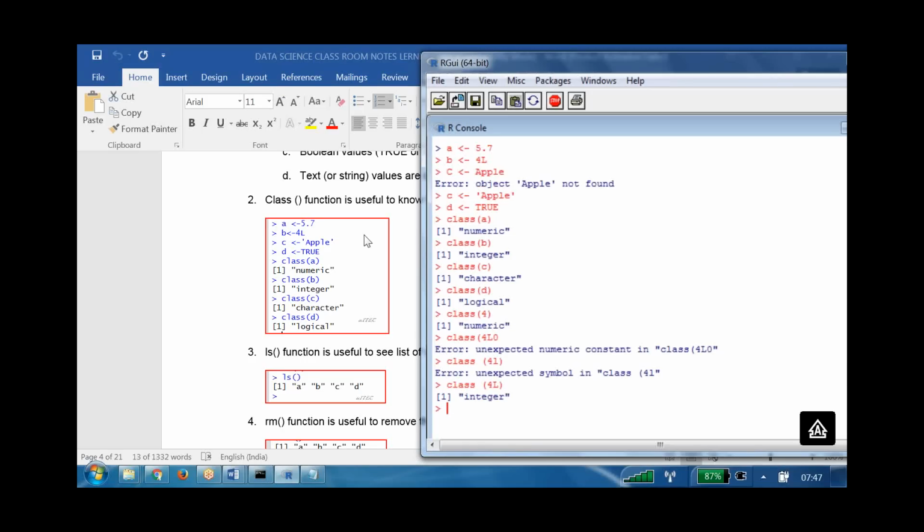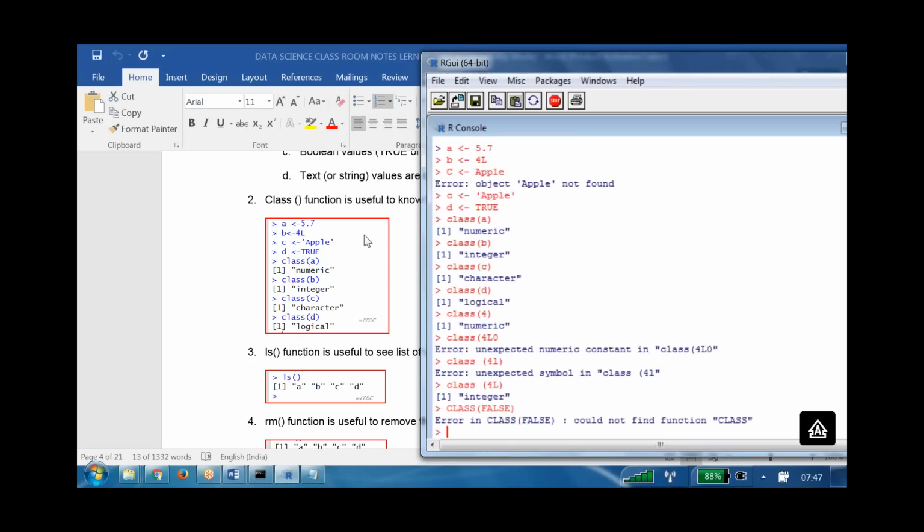Directly, if you want to write something, you can write it and you can see it. It need not be a variable only; a value can also be passed directly. For example, class of FALSE. Enter.